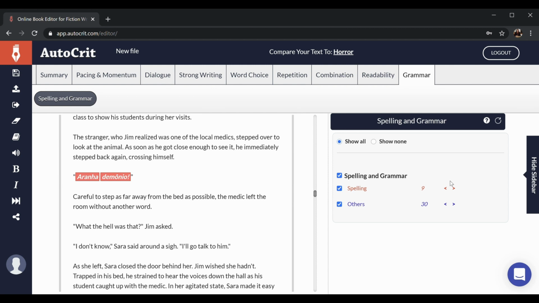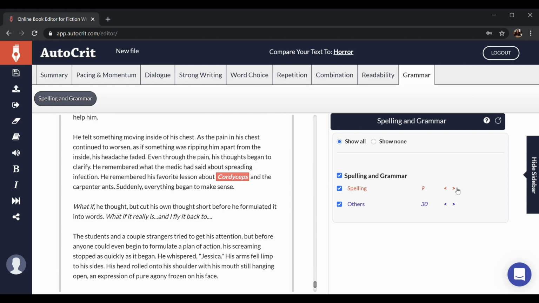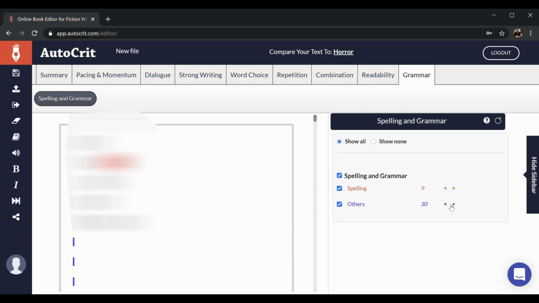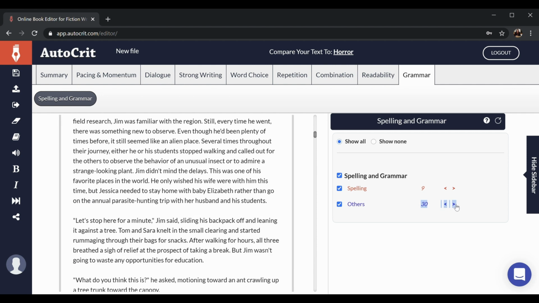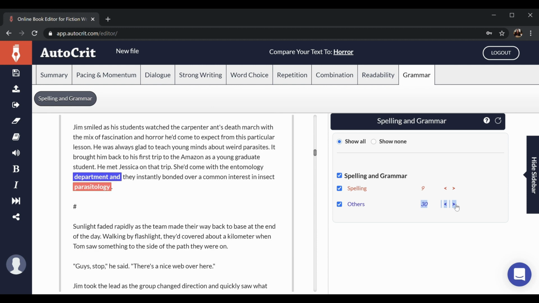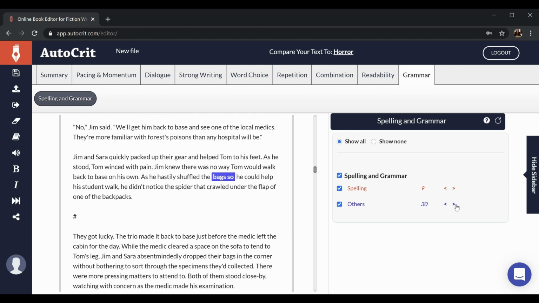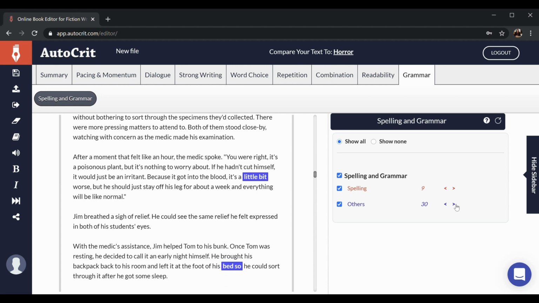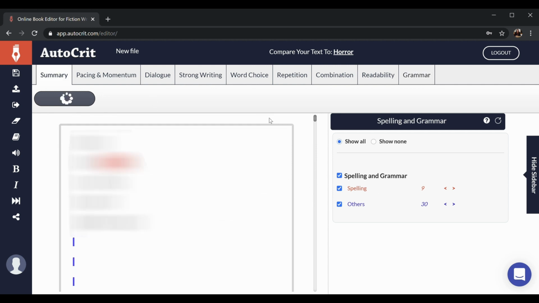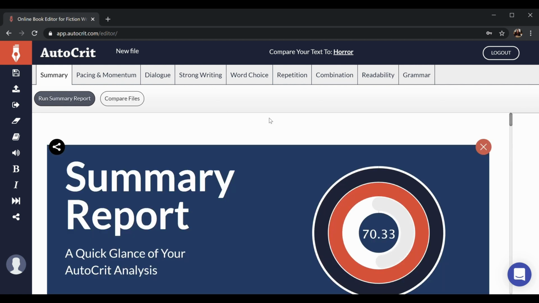That is a foreign language, which I actually need to check with a translator to make sure I've got it correct, but the spell check is not going to help me there. And the rest seems to be the same thing. So let's look at the grammar issues. It seems to not like some of my blank spaces. And so far, I'm not seeing any mistakes that I actually want to correct. But we could go through the entire story and correct spelling and grammar as we want to. One of the things I will say is AutoCrit is not the best at spelling and grammar checkers, although it's good enough to get the job done.